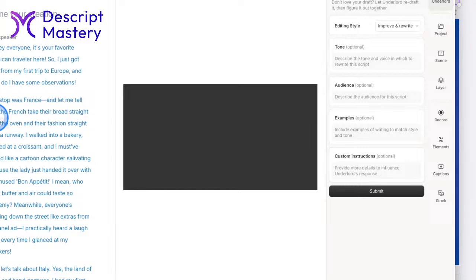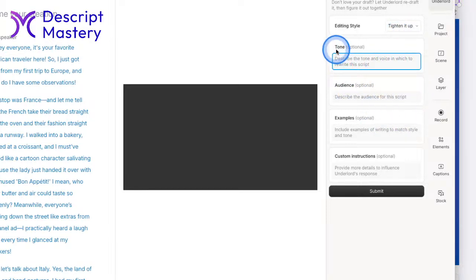So if you have an existing script like we have here, then you can tell it an editing style. So you could say improve and rewrite this, and it'll go through, it'll look for things that don't make sense, like logical problems. It'll look for incomplete sentences. It'll look for just anything that it needs to improve and rewrite. And since it was already written by AI, it's probably not going to find very many. But if it was written by a human, it would probably find a lot more. Or you can just say tighten it up, and that's just going to make it shorter.